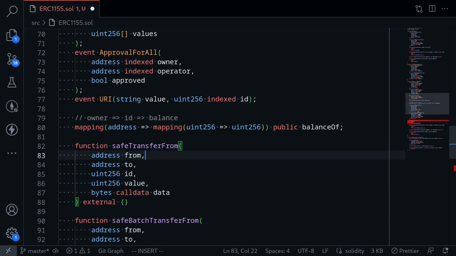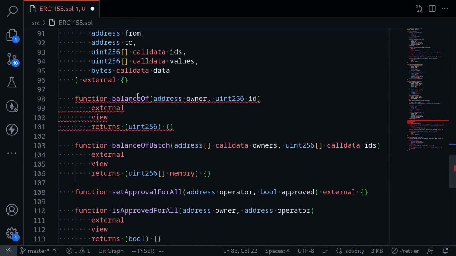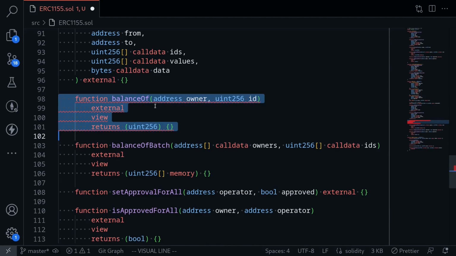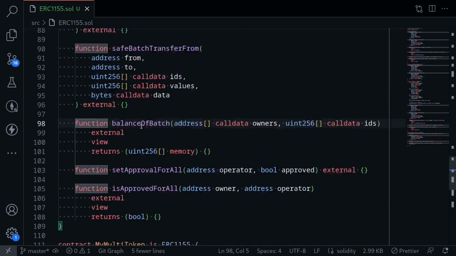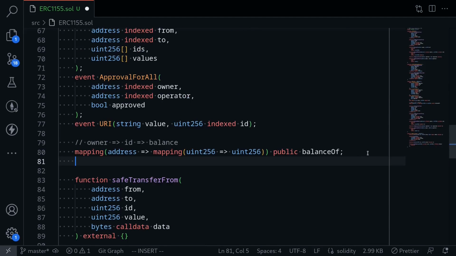Now I see a compilation error over here on the bottom. This is because we need to implement the function balanceOf, and by declaring the state variable balanceOf, we no longer need this. So going back up, the next state variable that I'll declare is some kind of approval